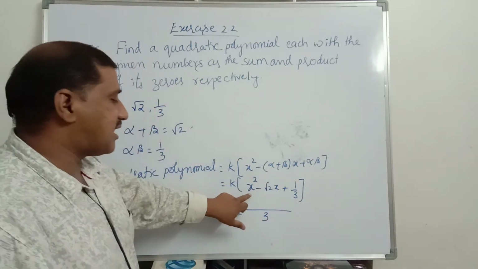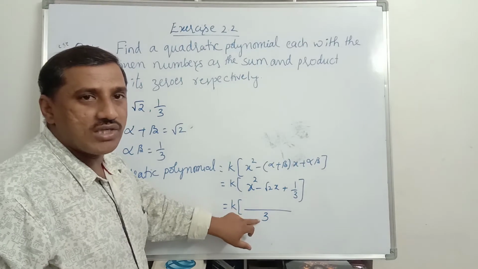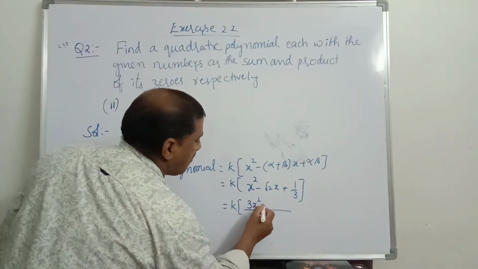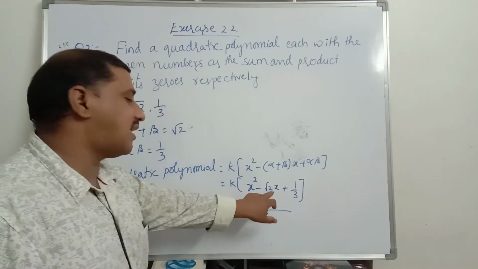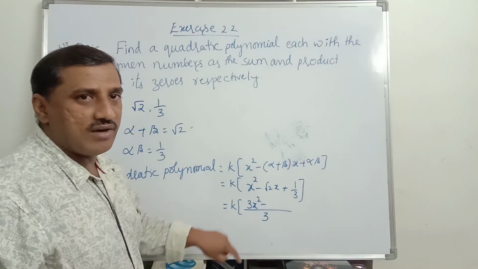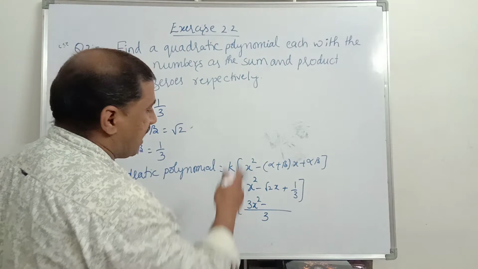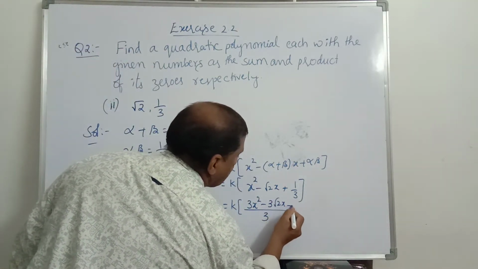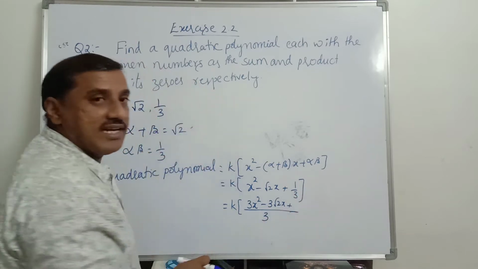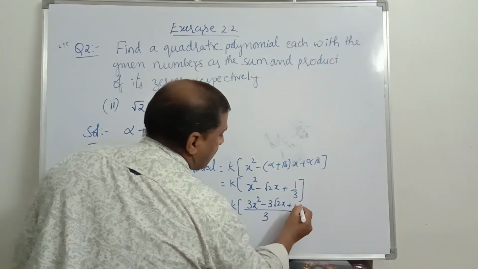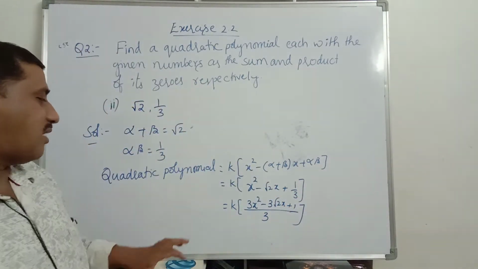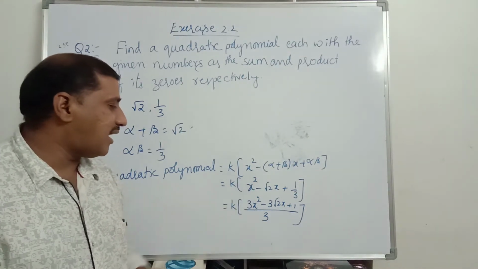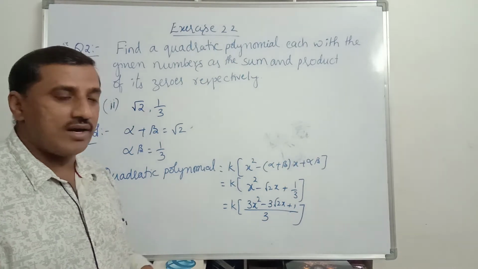Now the denominator is 1. When we divide 3 by 1 we get quotient 3. 3 into x square is 3x square minus, again here 1 is the denominator. Divide 3 by 1 we get 3 as the quotient. 3 into root 2 is 3 root 2. 3 root 2 x plus, 3 ones are 3, 1 is the quotient, 1 into 1 is 1. So now the required quadratic polynomial is k into the whole of 3x square minus 3 root 2x plus 1,